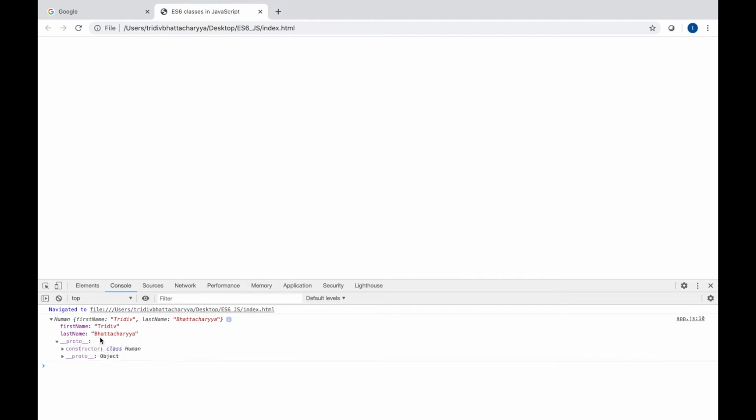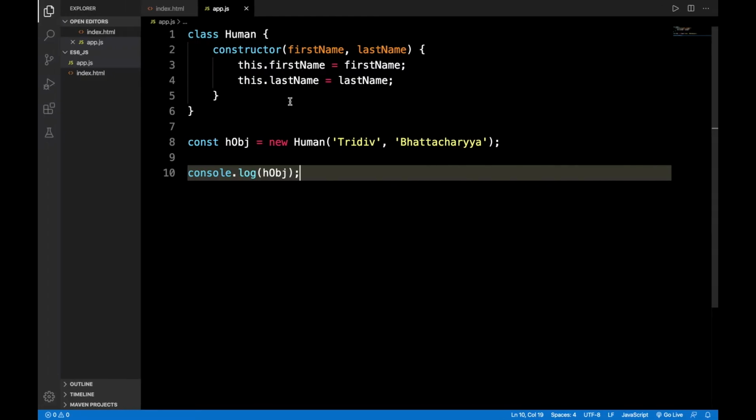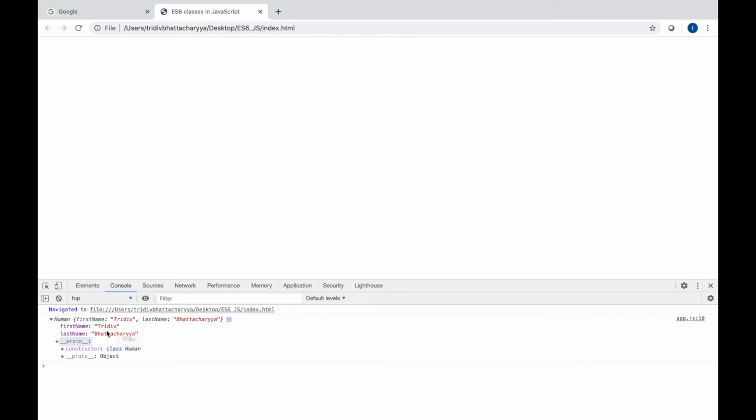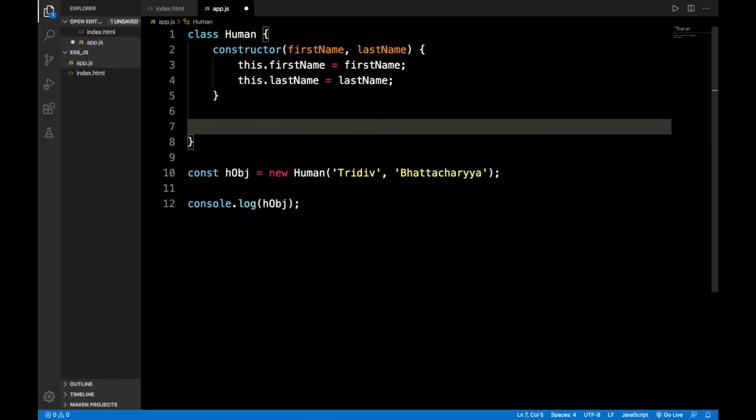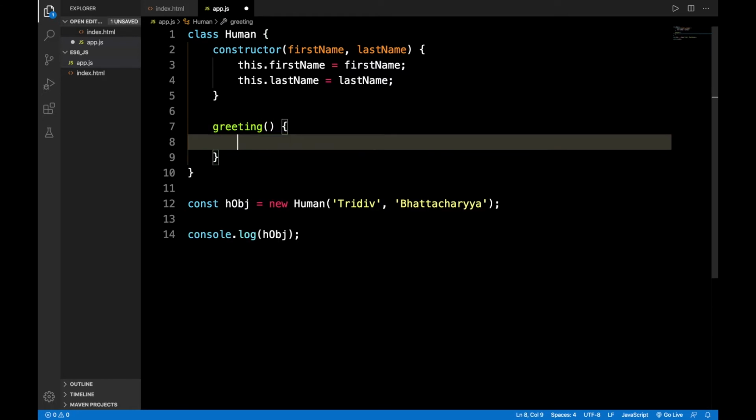Now this __proto__ represents the prototype. Every function in the class will be added in this section. So as of now there is only one function, which is the constructor. So let's create another function, which is greeting, which will return some backticks,